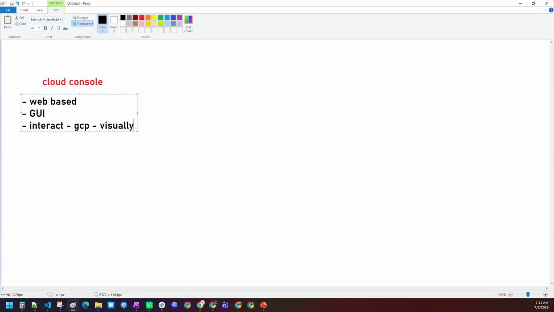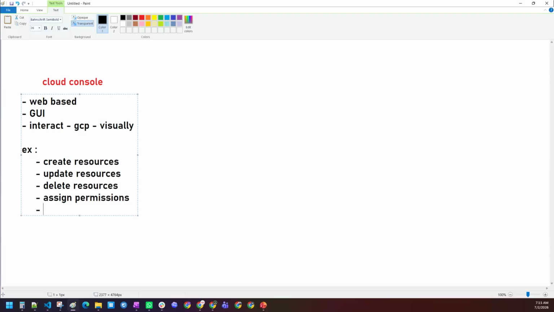Sir, how do we do that, if you ask me? There is something called Google Cloud Platform. You go to the Google Cloud Platform, that is your web. Using the graphical user interface, one can do any kind of activities. With the help of the Cloud Console, we can create any resources, update any resources, delete any resources, assign the permissions, and revoke the permissions also.